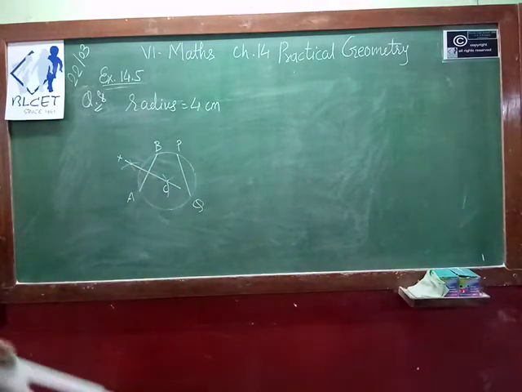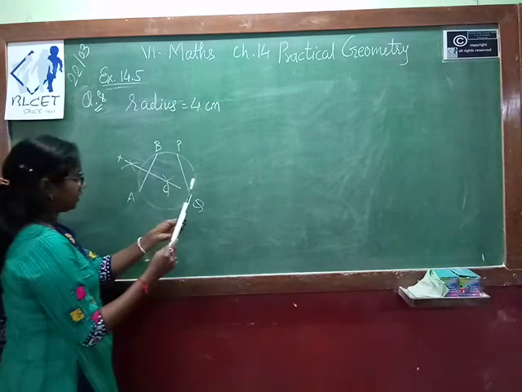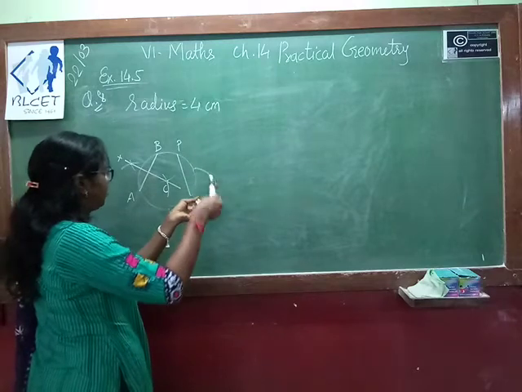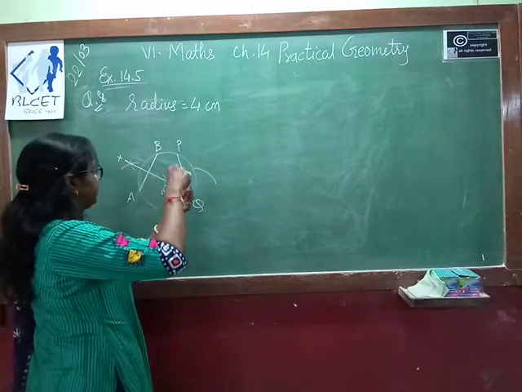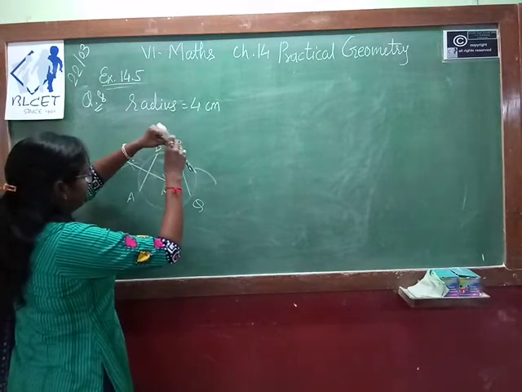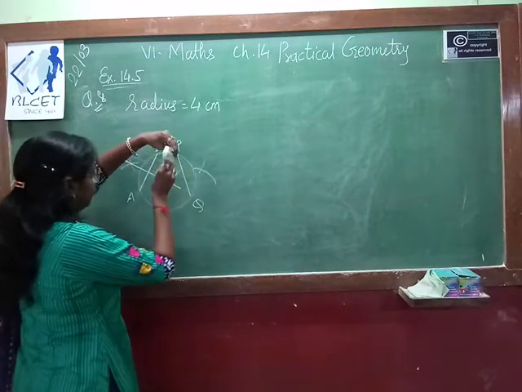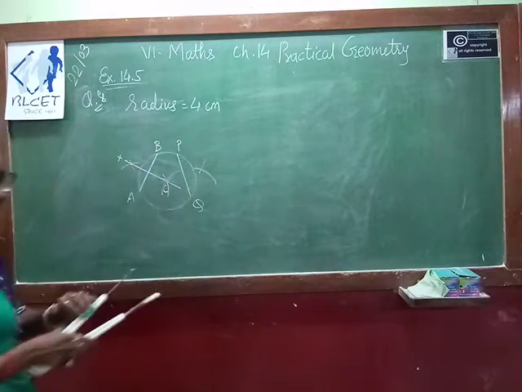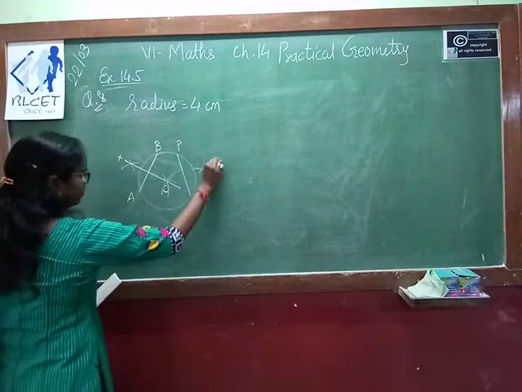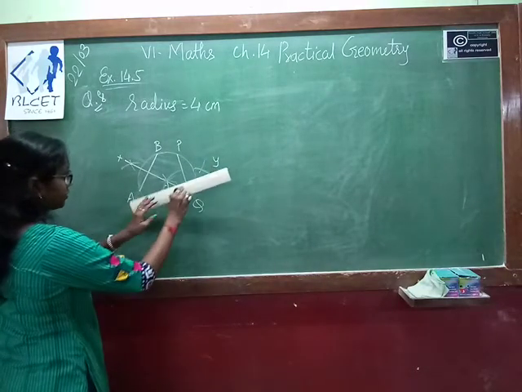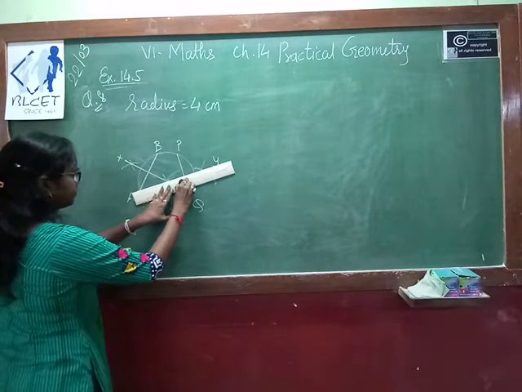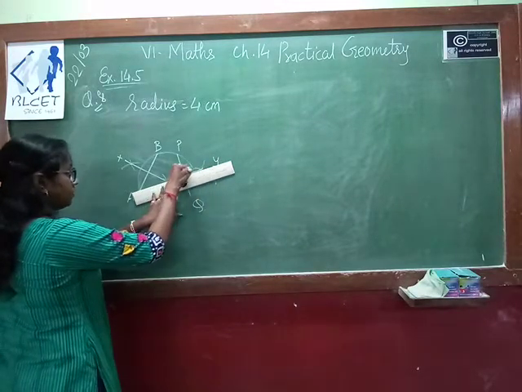Now consider PQ. Do not change the measurement. Keep your pointer on Q. Draw an arc above and below. Again you are getting the center. From P again draw an arc. You are getting the center. Name it Y. Now join these 2 points. Because we are getting the center, fortunately, join this.